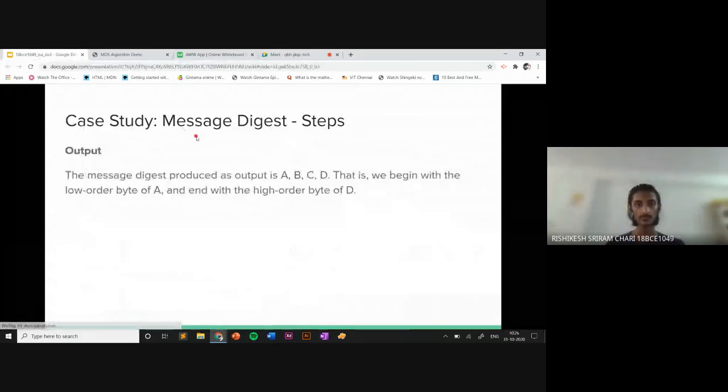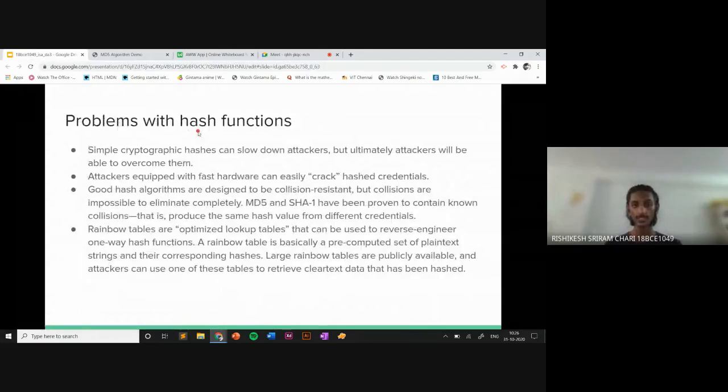And the last topic is the problems with using hash functions. Hash functions are not perfect as they are, because it is still sometimes possible to crack the hash. People nowadays use what are known as rainbow tables, which are pre-computed hashes for common strings and passwords. So in that case, it just becomes an O(1) lookup. You get the hash value,